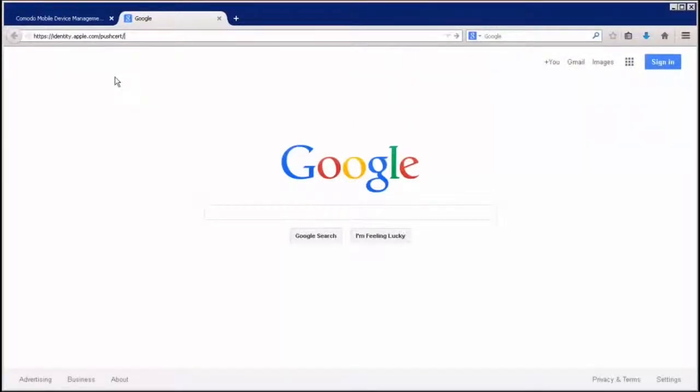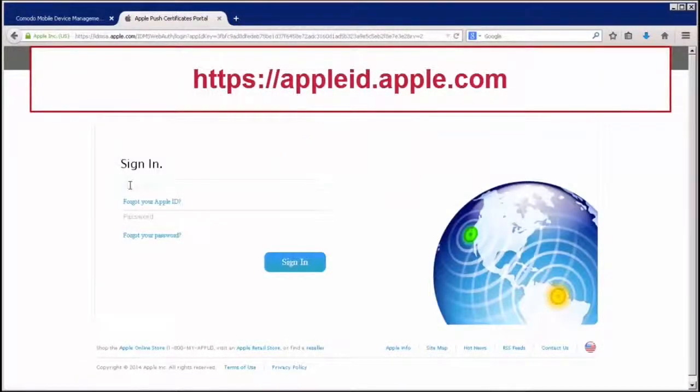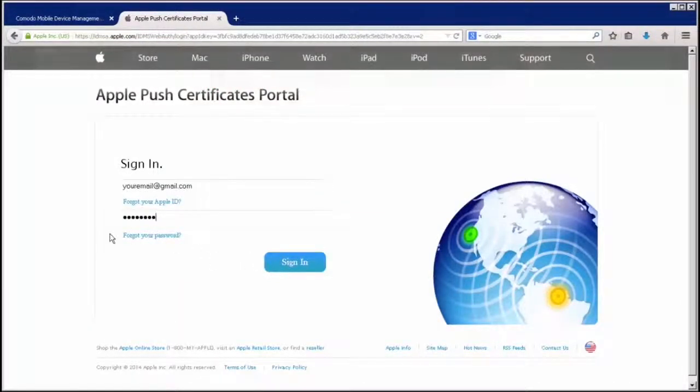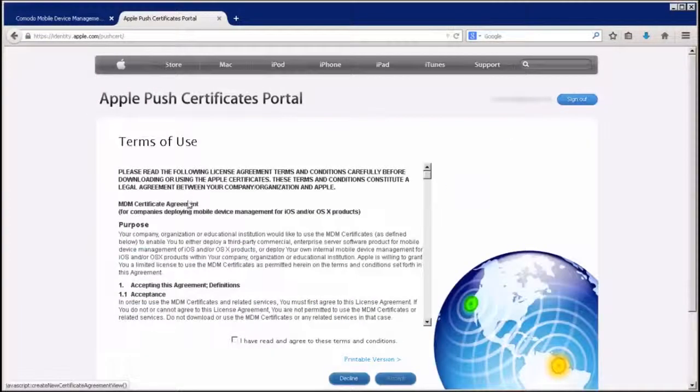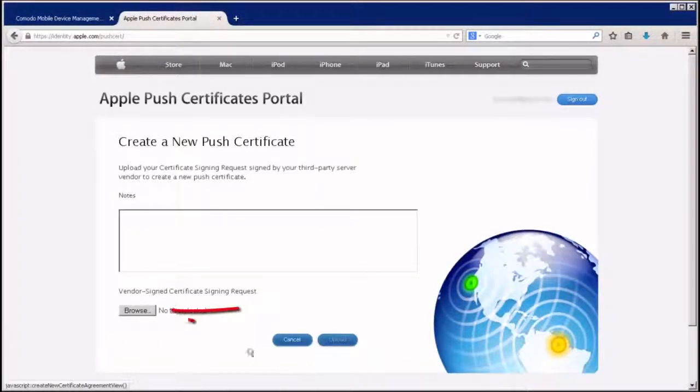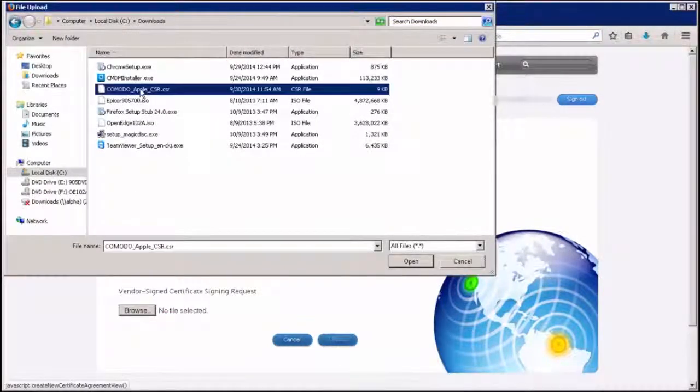Please note, if you don't have an Apple ID, you'll need to create one at https://appleid.apple.com. Once you've logged in, click Create Certificate. Read and agree to the terms of service and click Accept. Now, you'll need to click the Browse button to find and upload the Apple PLIST document you previously downloaded and click